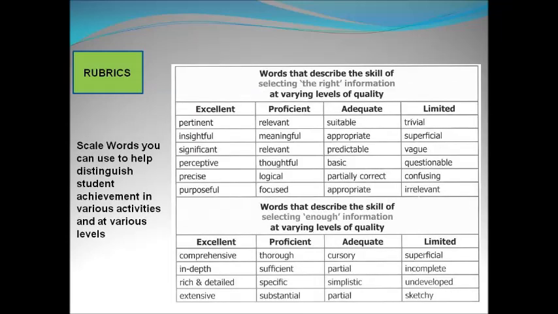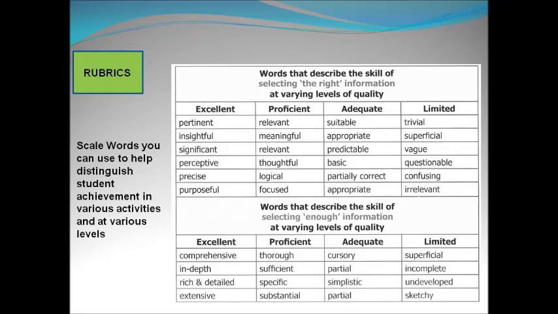Selecting the right information and selecting enough information are two different sorts of things. The right information is about correctness, versus sufficiency, or having enough information. Something that's pertinent isn't the same thing as something that's comprehensive. Do you see? If we were to talk about pertinency, relevancy, suitable, trivial, we wouldn't want to mix those